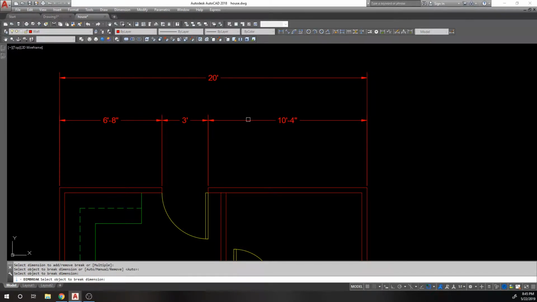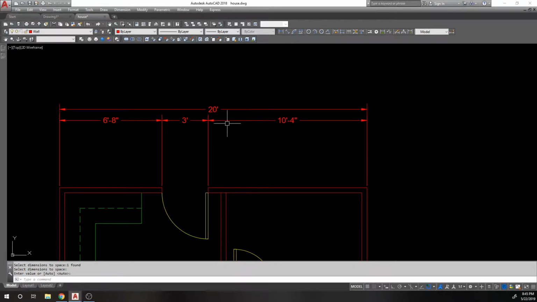then this one gets, where'd it go? This first, come on, select. Then it says select dimension to space. It moves that one. But if I were to do it in reverse and select this one first, oops, it brings the 20 down. So